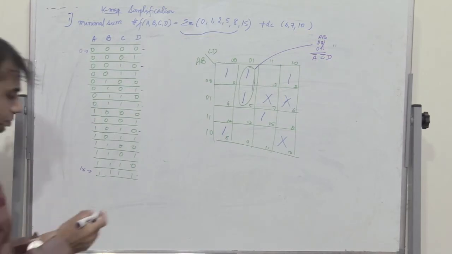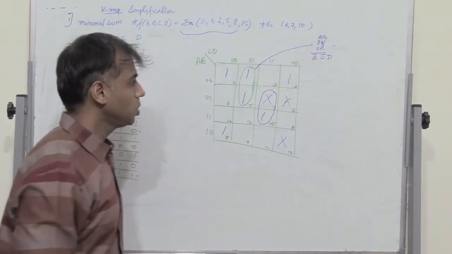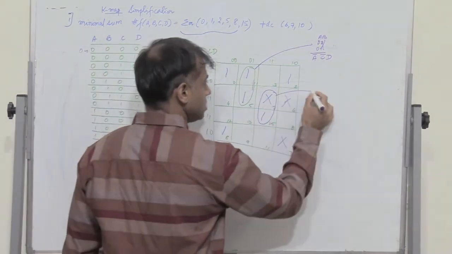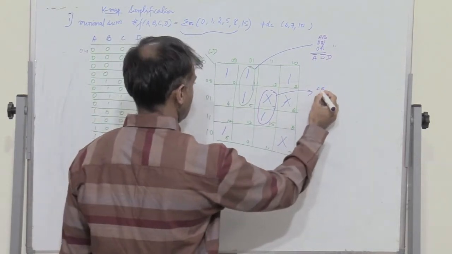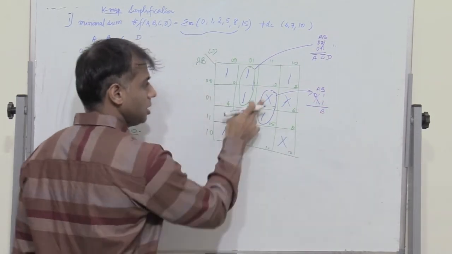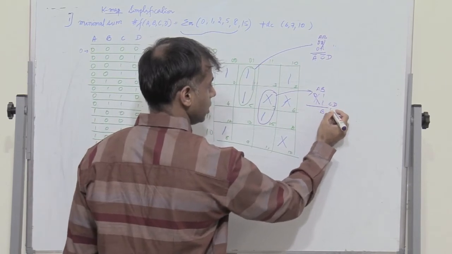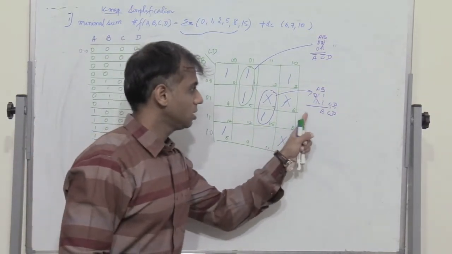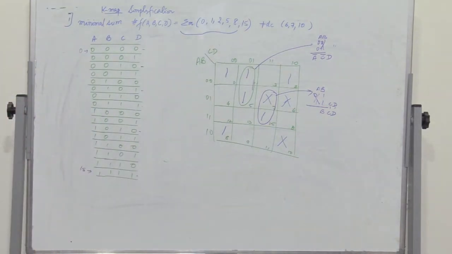So the next one, I can combine these two. Here I am using a don't care element to combine this one here. When I consider this combination, I have row 2 and row 3. So for AB, I have 0, 1, 1, 1. So A gets eliminated, I have B. But these two ones are in column 3, which stands for CD, where both of them are 1, 1. So it's going to be CD. So one variable which gets eliminated is A. Therefore the expression is B into C into D.